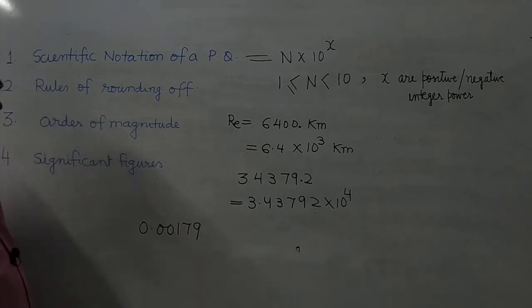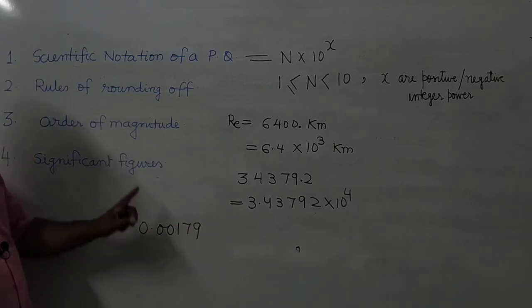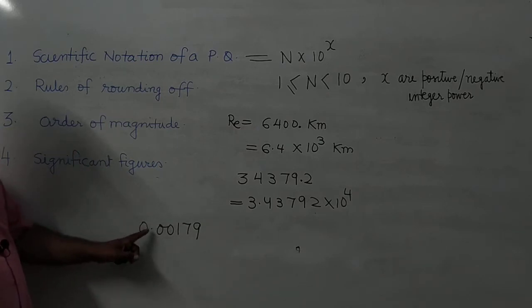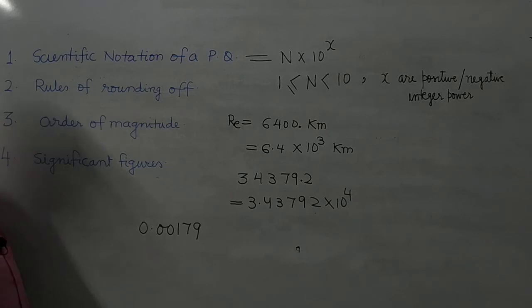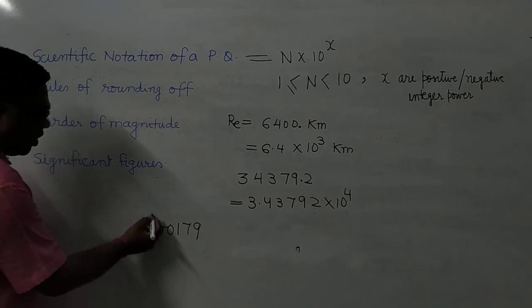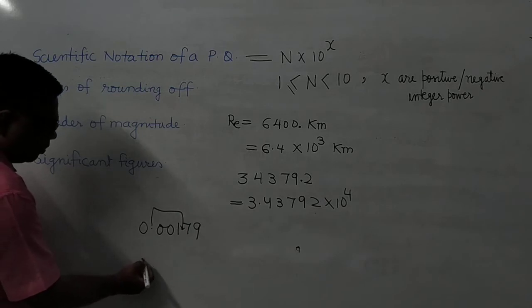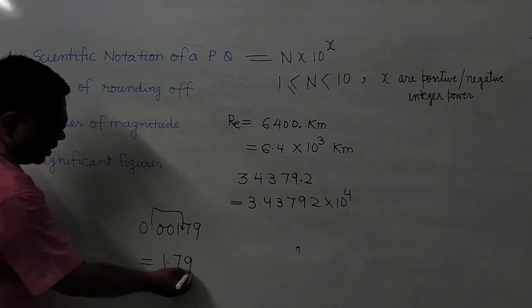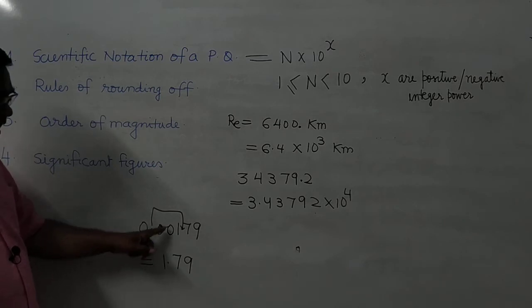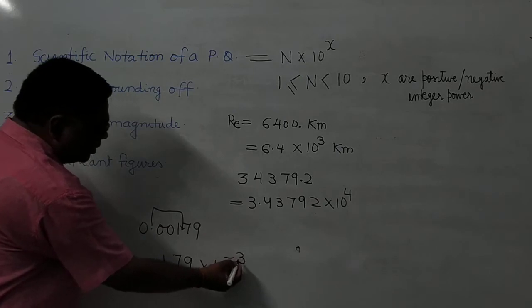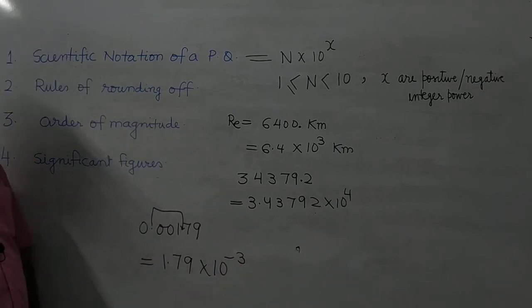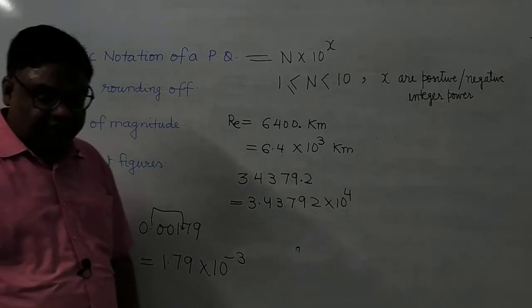0.00179. Now once again the decimal point is here. You have to write in scientific notation. So you have to shift the decimal point in such a way that there is only one non-zero digit before decimal. Decimal के पहले केवल एक non-zero digit रहे. So you will bring it from here to here. This place. It means it will become 1.79. Now what has happened to the value? It has increased. So the power will be negative. 10 to the power -3. 3 places you have shifted, so it will be this. It's clear? So this is the way of writing any number in the scientific notation.